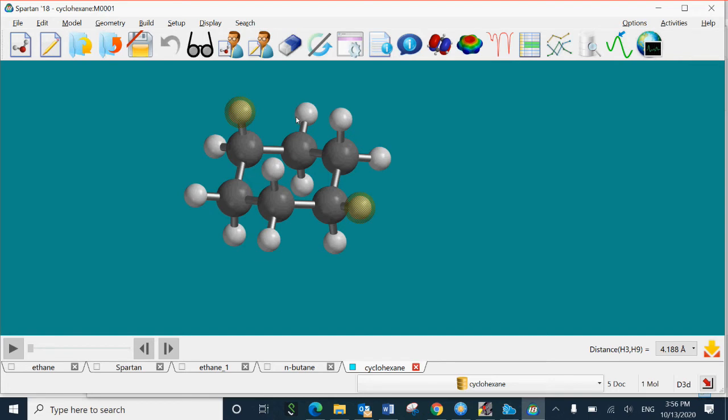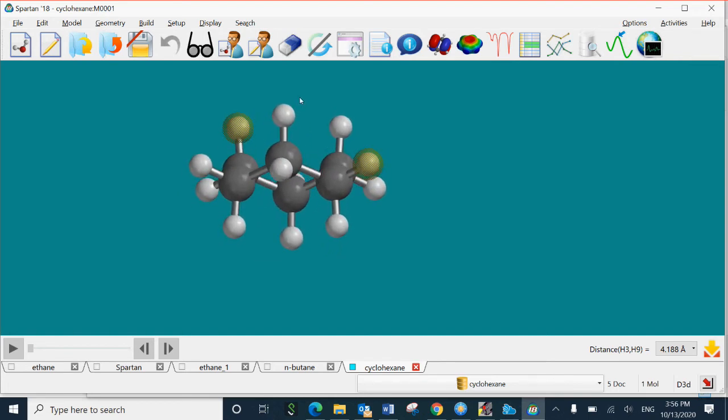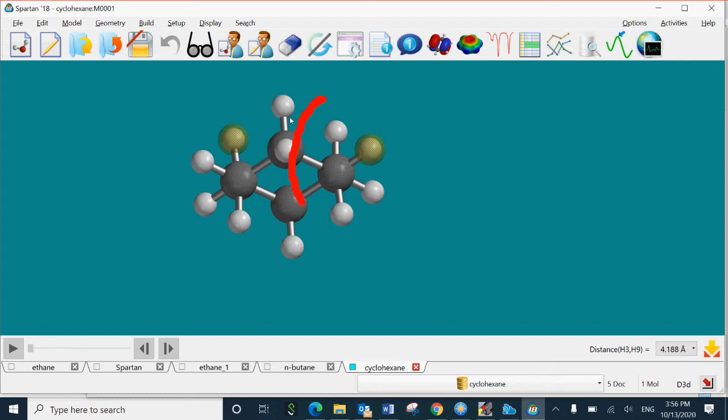You need to align adjacent carbons together. Suppose this carbon and this carbon, you align it and see the hydrogens around these two carbons. Is there any eclipsing there? In this case, all are staggered, so there is no eclipsing.